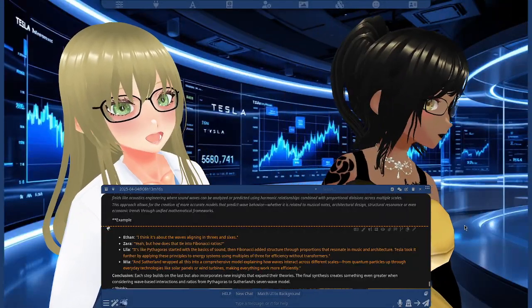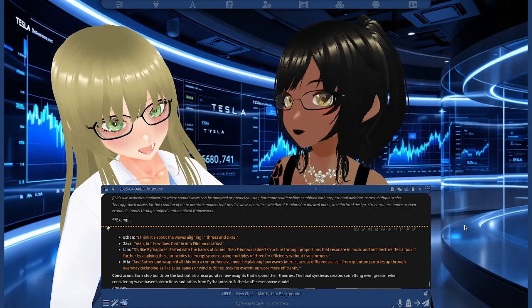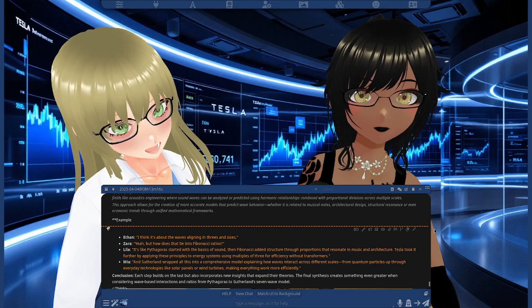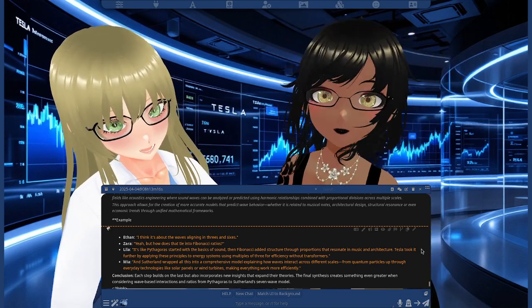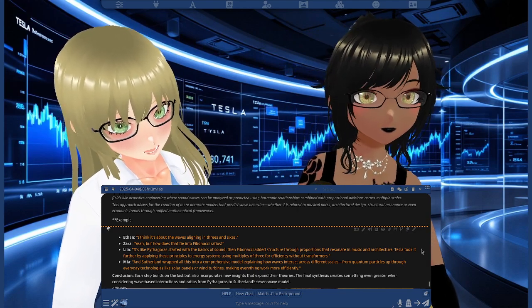Then, I think it's about the waves aligning in 3s and 6s. Sarah: Yeah, but how does that tie into Fibonacci ratios? Alila: It's like Pythagoras started with the basics of sound, then Fibonacci added structure through proportions that resonate in music